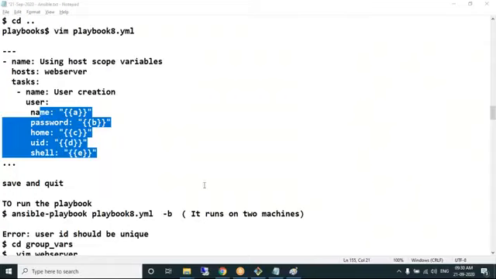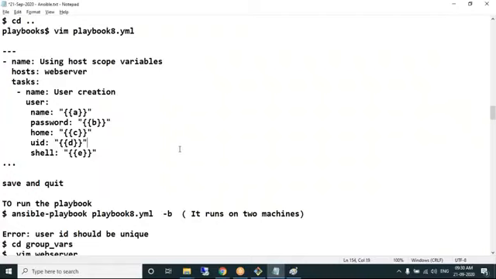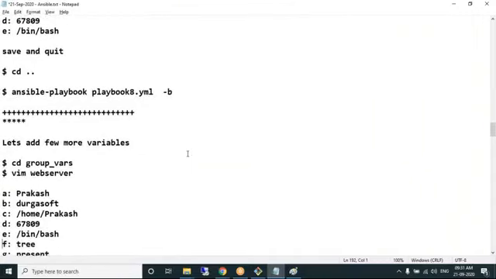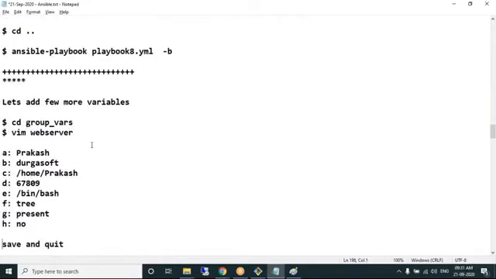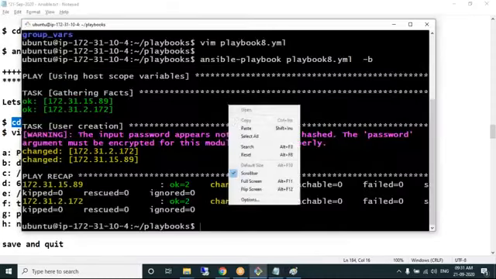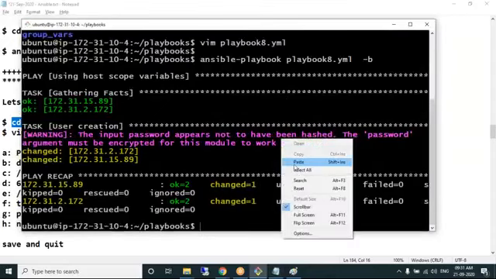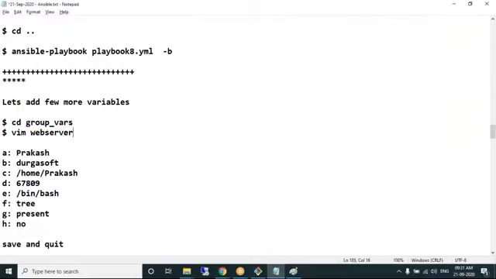Okay, so let's proceed. One more example. Let's add a few more variables. We have only 5 variables, right? I'm adding a few more variables. So where is the variable file? I need to go to group_vars. Open the web server file.